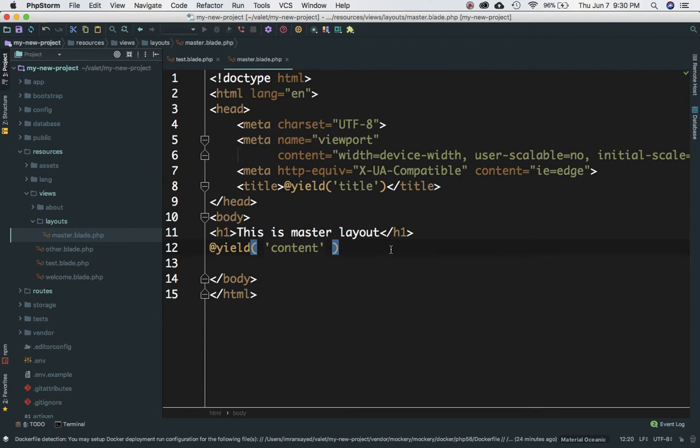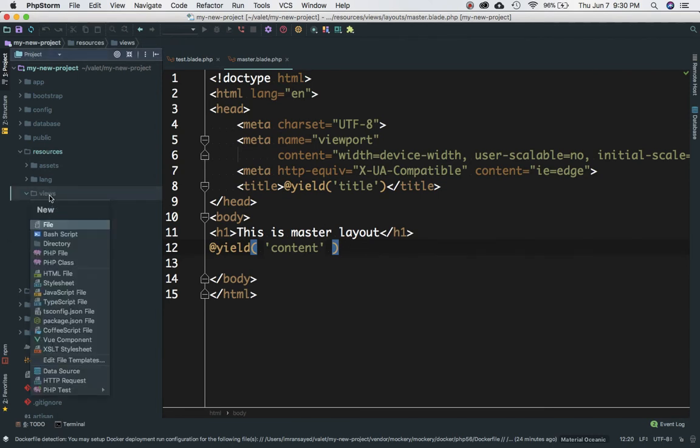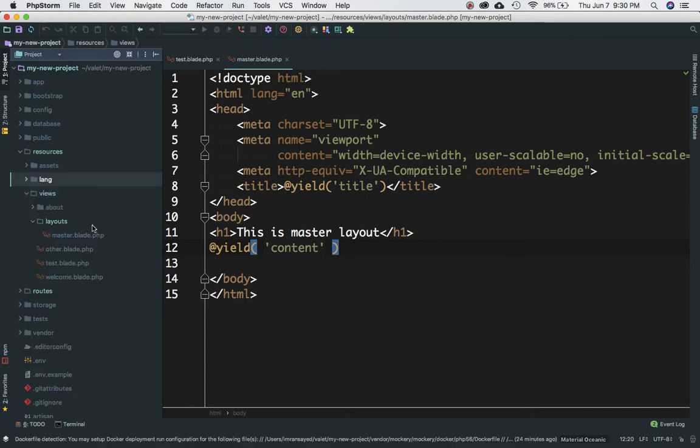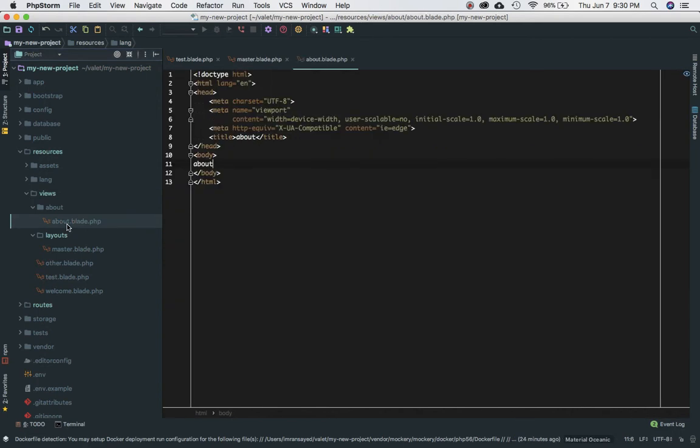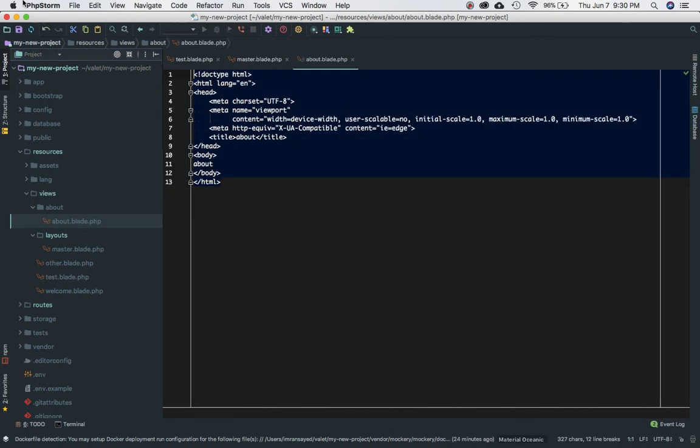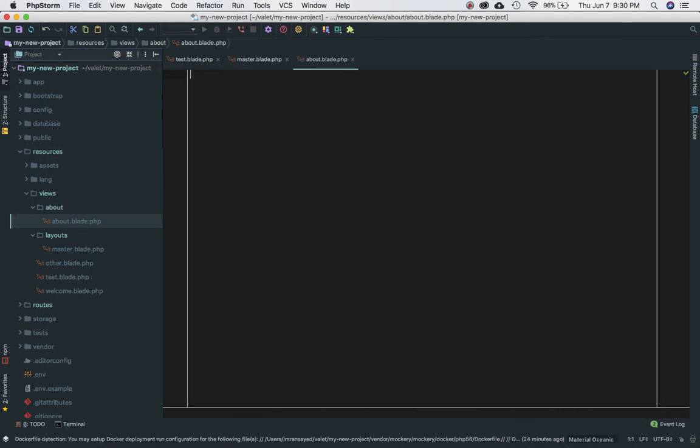So I will tell you why. Okay, so now if you create another file called about.blade.php, I think we already have that. Okay, it's here. So over here I don't have to write the entire thing like this. All I can do is add @extends,